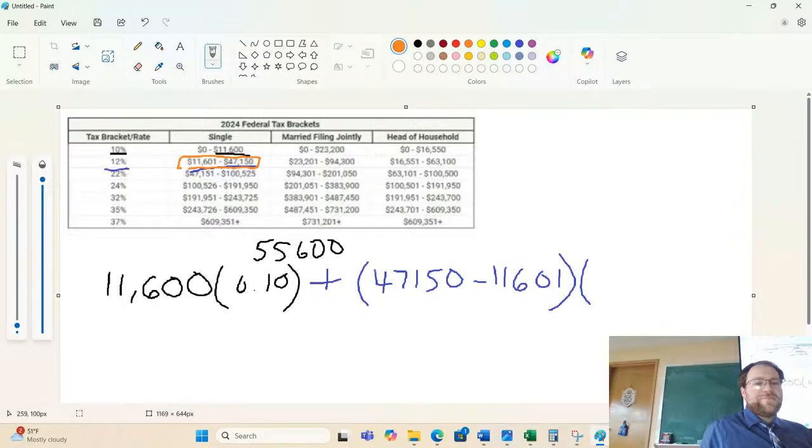out? Just because up to that 47,150 number in that second bracket, you don't have to pay as much in taxes. You only have to pay 10% on the first 11,600, okay, and then 12% from that point on until 47,150. So then that times 0.12,